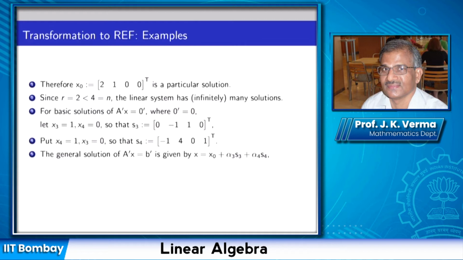And we add the particular solution x0 to any arbitrary linear combination of S3 and S4 to get all solutions. So x is a column vector, x0 is a column vector, S3, S4 are also column vectors. These two column vectors are equal, and that gives me values of x1, x2, x3, and x4 in terms of these two parameters, alpha 3 and alpha 4. We can substitute any values of alpha 3 and alpha 4 to get infinitely many solutions of the inhomogeneous system